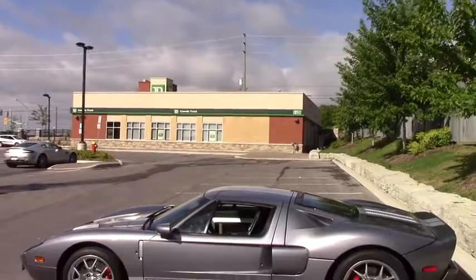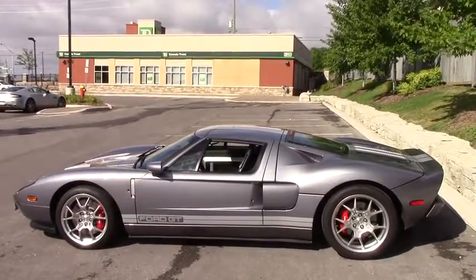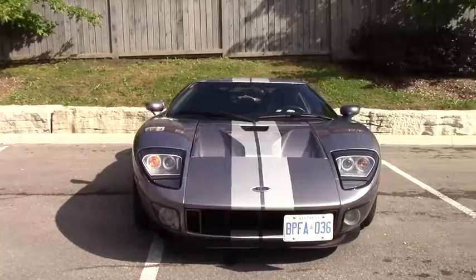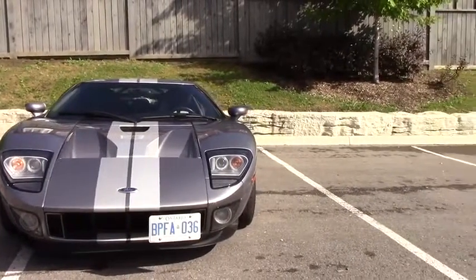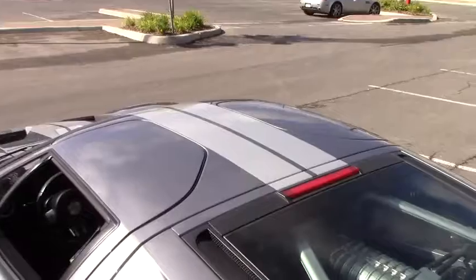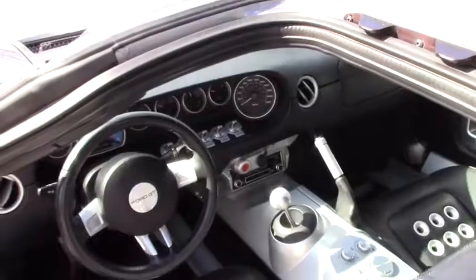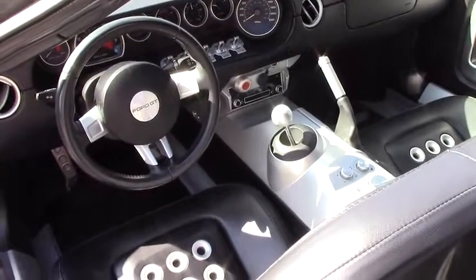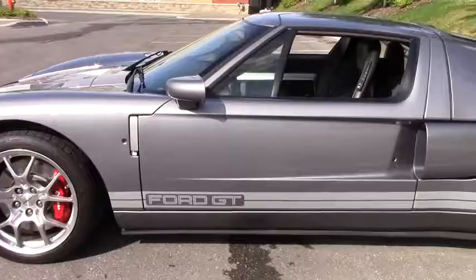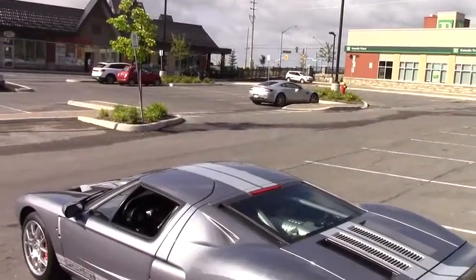But first, some basics. The Ford GT was designed to resemble the 1960s Ford GT40 race car, so named because it was 40 inches tall. They didn't keep the name because this one is 43 inches tall. It features a supercharged 5.4-liter V8 with 550 horsepower and 500 pound-feet of torque, good for 0 to 60 in less than 4 seconds. Back when the GT came out, Ford dealers had trouble selling them, but now values have